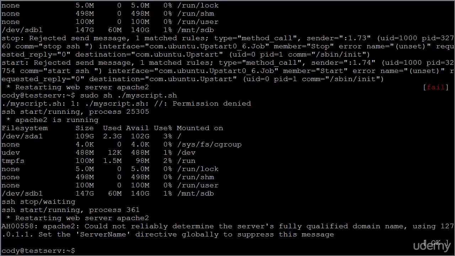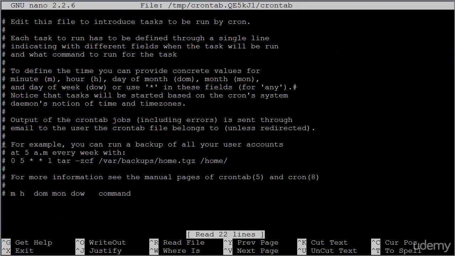Okay, and again, this is why you would determine where to place a script. So if I wanted to create a cron job to run this for me automatically at a certain time, and I know that I need root privileges, I would just have that script run as root. And I could place that in one of the folders in etc. that we talked about with cron jobs, or I could do sudo crontab -e in order to bring up root crontab. Remember, we did that with sudo, so we are in root crontab, and